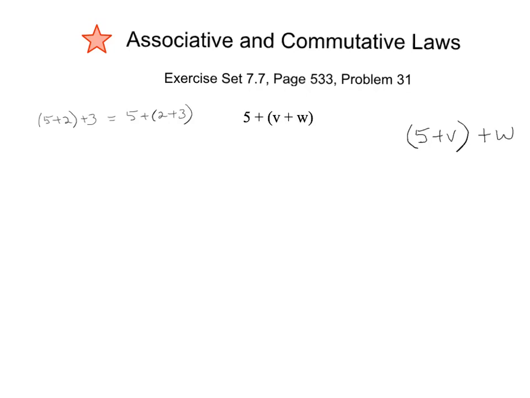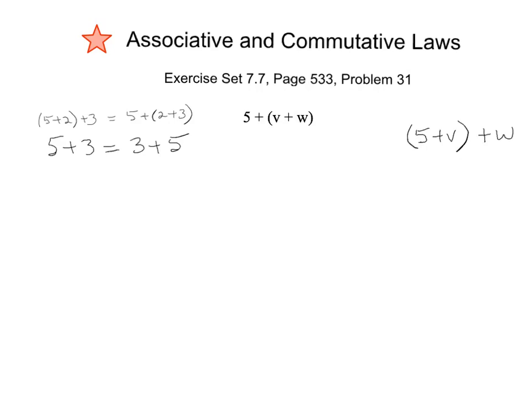Now, the commutative law is a little bit different. It's about order. What the commutative law says is that 5 + 3 is the same as 3 + 5. I can change the order without changing the meaning. 5 plus 3 is 8, and 3 plus 5 is also 8. So it allows me to change the order, which can be helpful when I'm trying to solve equations, which we'll get to a little later. So coming back to our original expression,